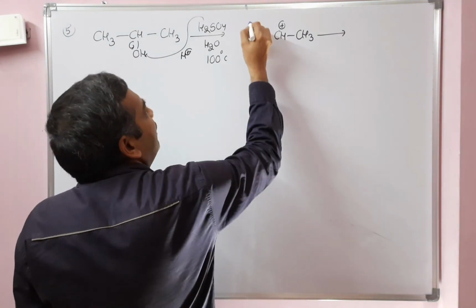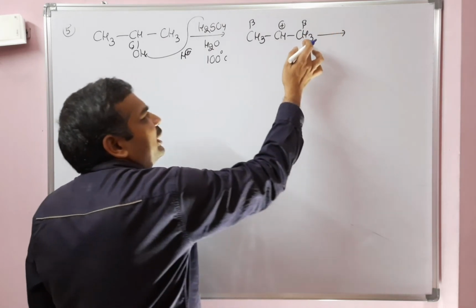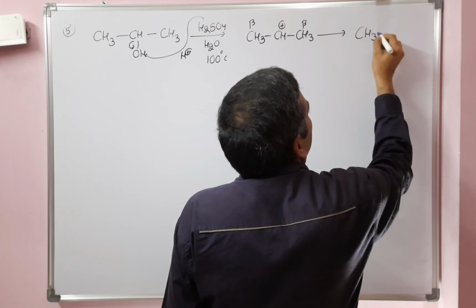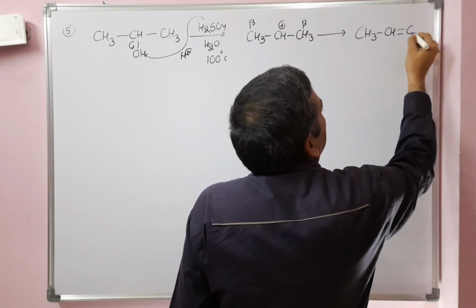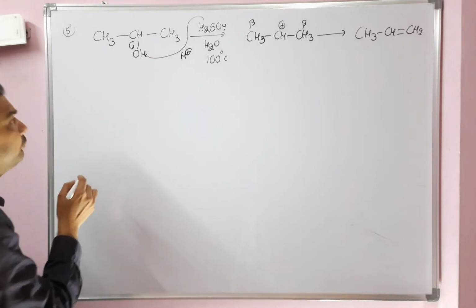And also the beta positions are in the same environment, so HSO4 minus can abstract a proton either here or here. The product obtained is the same. Propene will be formed. Very simple example. Propene is obtained here. So next example,